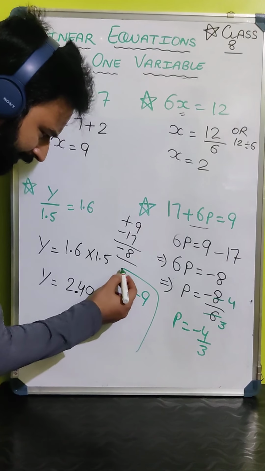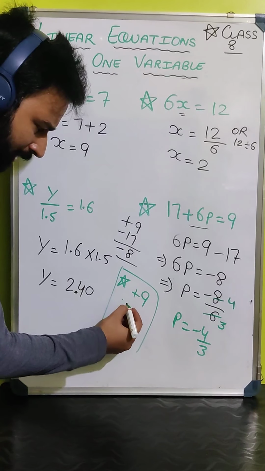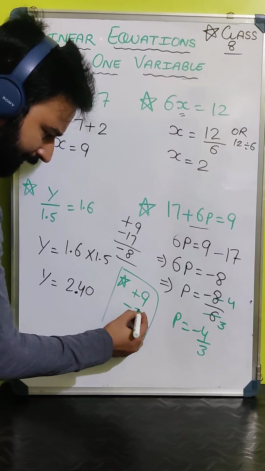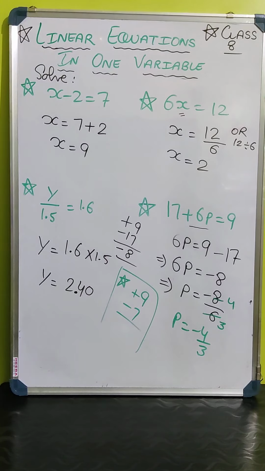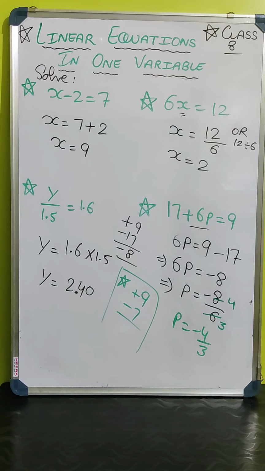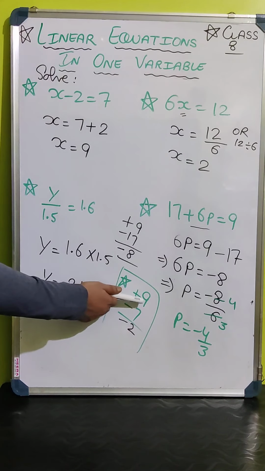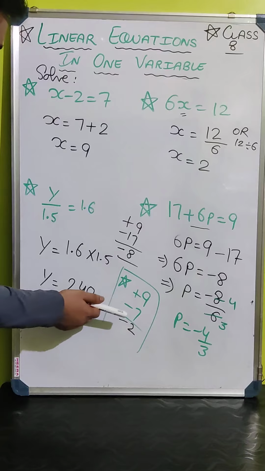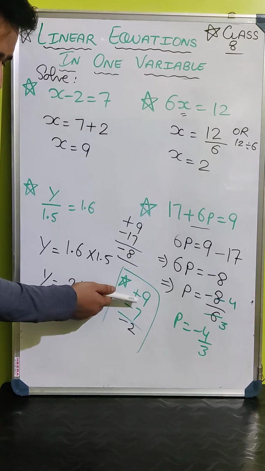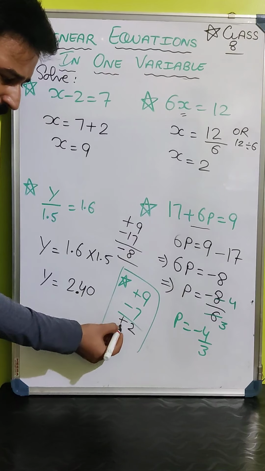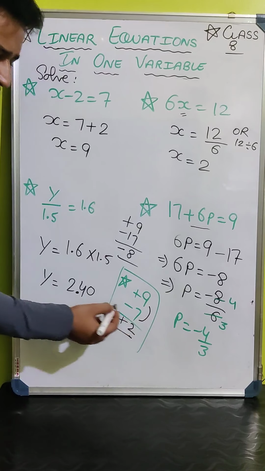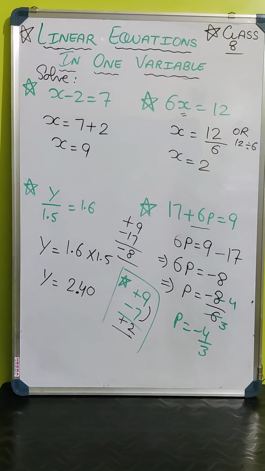Okay, now I will write again two numbers. I am taking another example, plus 9 and minus 7. Now tell me the answer. If you apply the same logic, plus minus minus, it will be wrong. So you will write minus 2 will be the answer. No, you have to see the larger number. The larger number is 9, it has a positive sign, so the answer will be positive. Now subtract the numbers, 9 minus 7 will be 2.